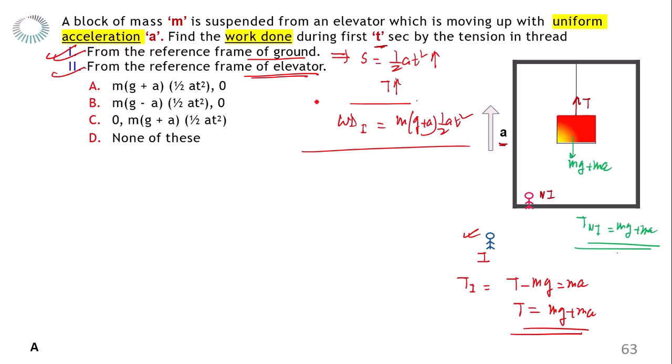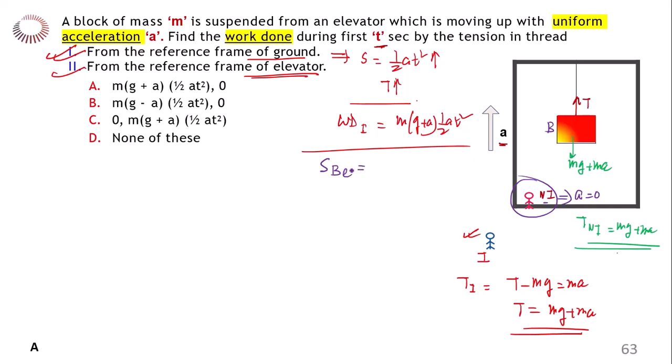Now from the reference frame of the elevator, the person who is in the elevator is at rest. So for this person, the displacement of the block is zero. Why? Because for the person in the elevator, the acceleration of the block is 0. The elevator is moving with an upward acceleration, so the person's acceleration is also a. So with respect to that person, the block is at rest. So the displacement of the block B, let us say I am naming the block B, with respect to the person in the elevator, A,